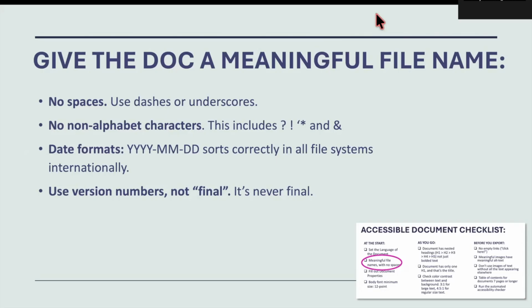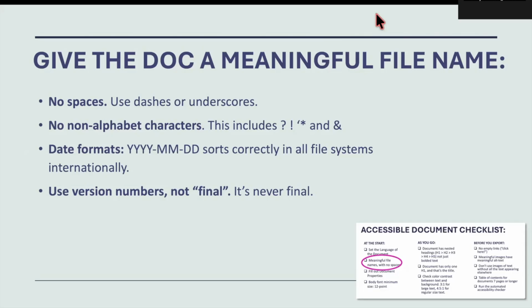Those can make it more difficult for an OS or screen readers to locate a particular file within a user's filing system. Date formats can be read differently in different contexts. So here in the United States, we generally write month, month, day, day, year, year, year, year. That to us makes a lot of sense. That set of numbers has the month first and then the day and then the year. In the United Kingdom, you would have day, day, month, month, year, year, year, year, because you would expect the days to come first.